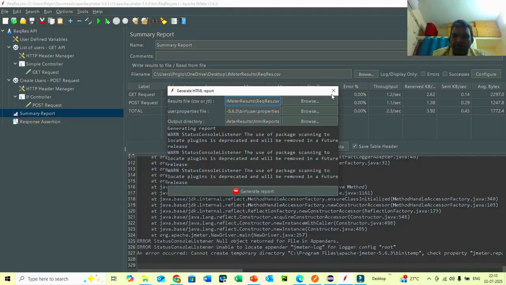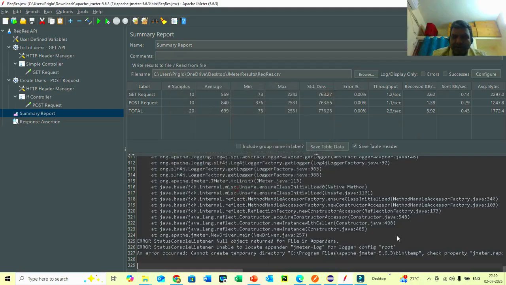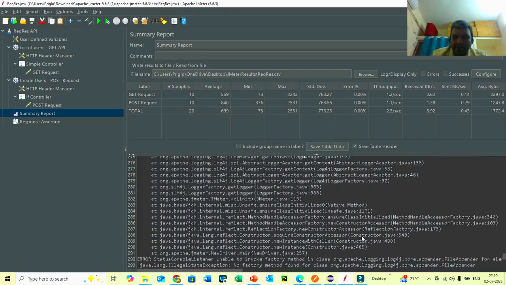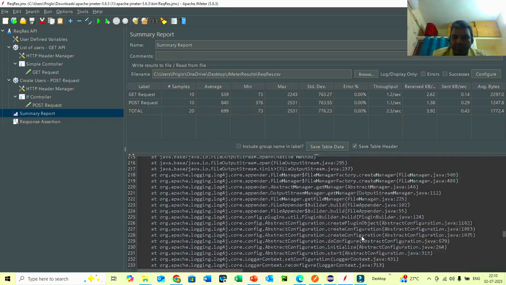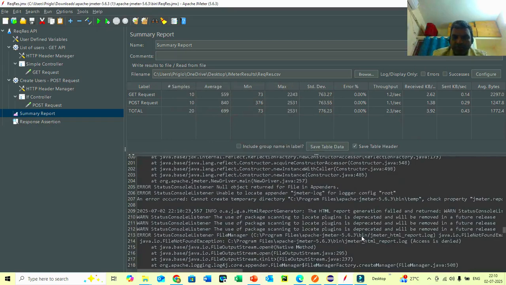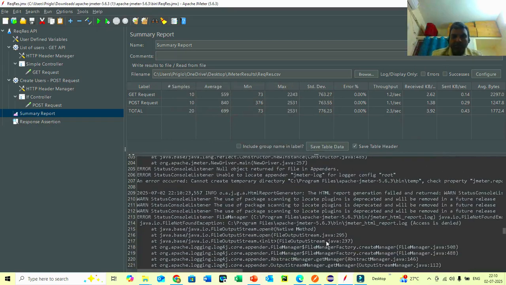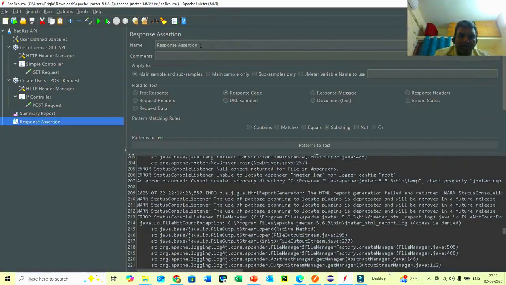Something is wrong. That troubleshooting may take some time. It's something related to access denied. I've given full access, but the HTML report comes and it looks clean, and it will show whether the errors are there or not. I quickly check, and if we have the response session here,